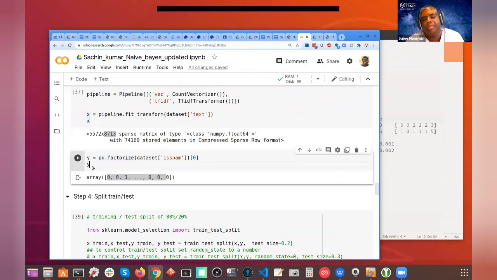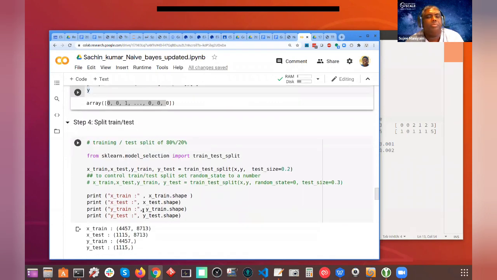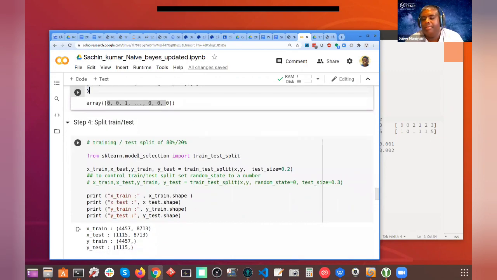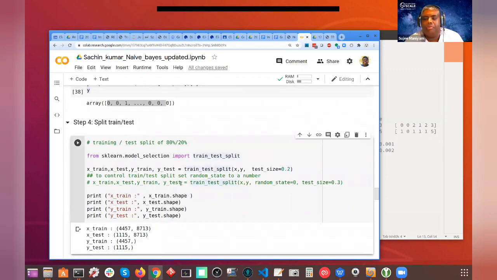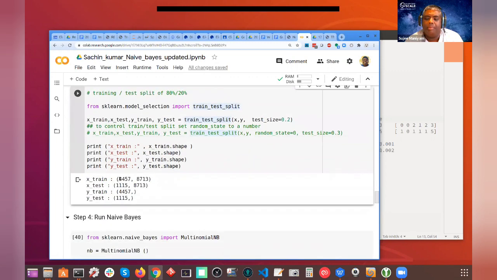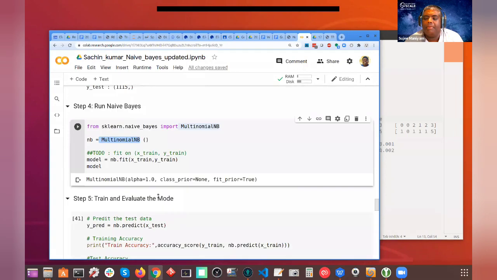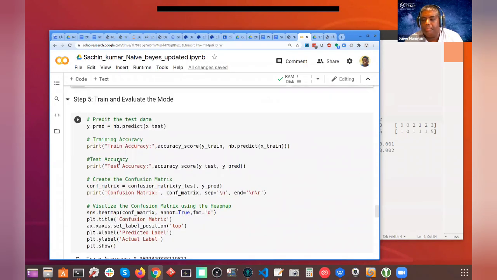That's it, right? So now pretty much it's the same code as you have seen before. This code you could have easily copy pasted from the previous example. It'll work exactly the same, right? Because once you figure out X and Y, you try to split, and again you just check the shape. Here's my train data, testing data, initialize naive Bayes, fit, and then predictions.